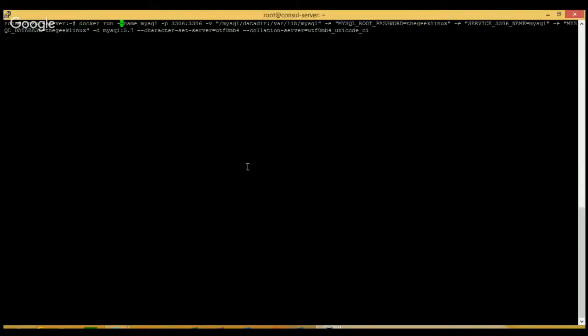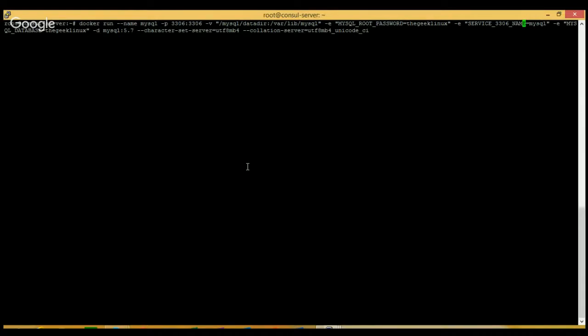You can see it's the same command, it just opens the port. It will be the data directory, and it gives the root password of the MySQL server, and we are registering that MySQL service to Consul with this environment property. This environment property will be read by Registrator, which is listening to Docker events.